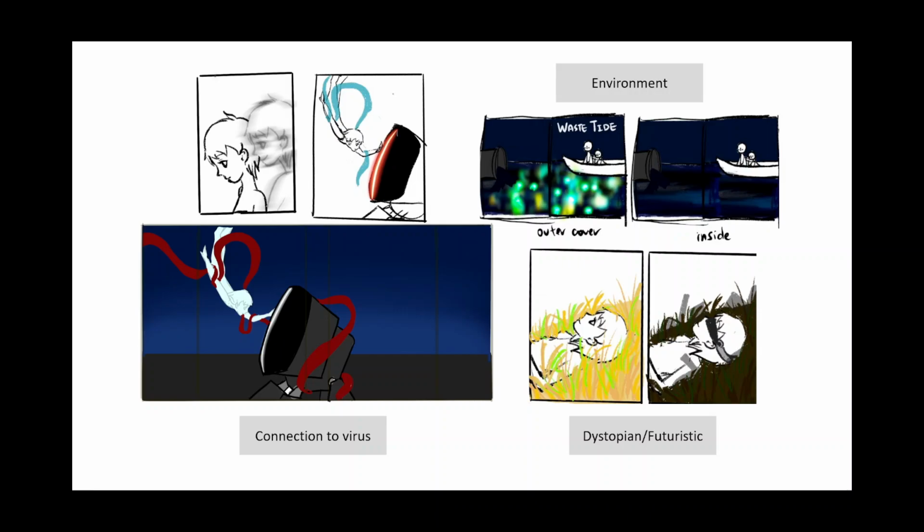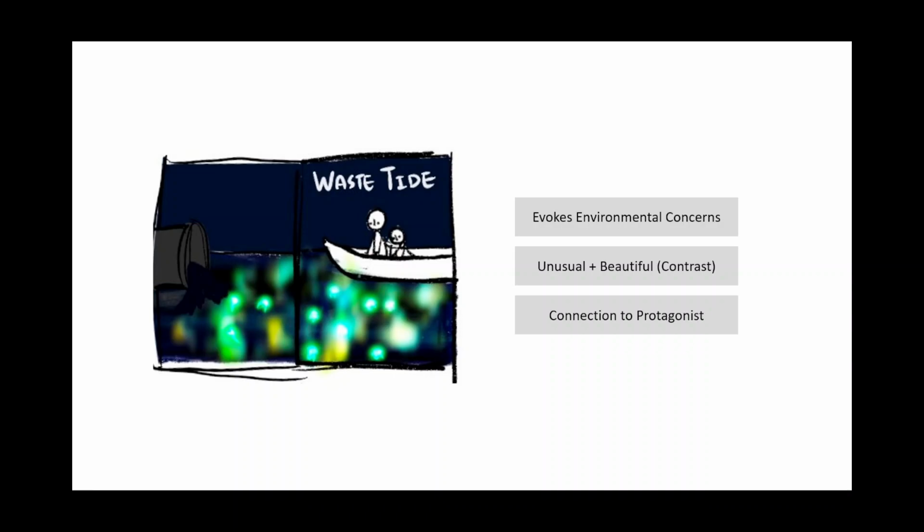Therefore, I discarded these sketches and decided to focus mainly on the jellyfish element as the specific scene where the protagonist saw these beautiful creatures just being born into this toxic environment and are all killed shortly after their birth, as their existence clogs the pipes of a factory. This scene evokes environmental concerns and shows a strong contrast of unusual and beautiful, and the protagonist also relates to these jellyfish as they share a similar destiny.